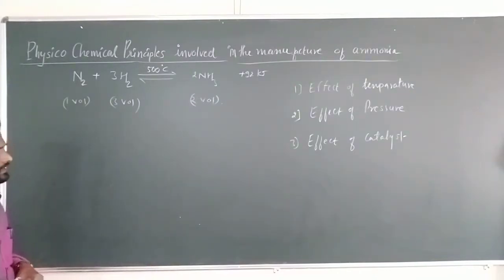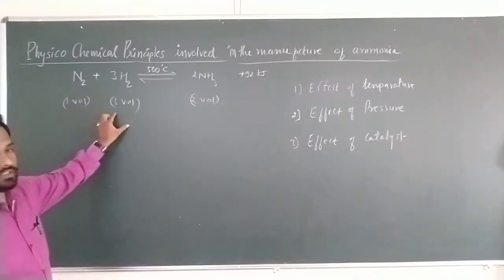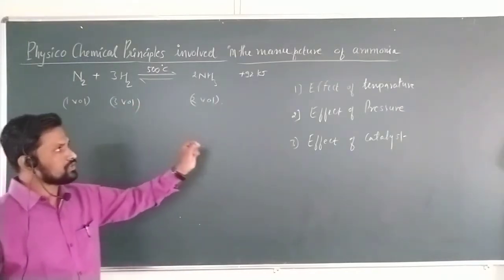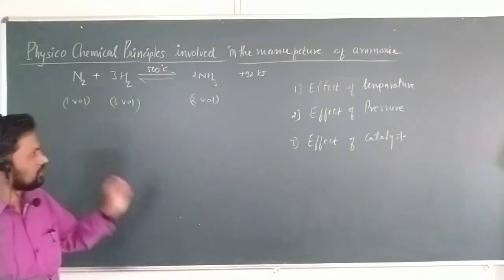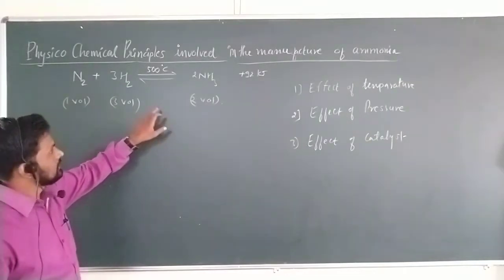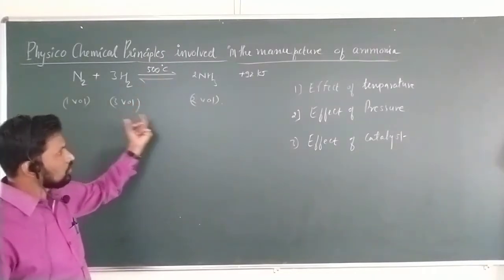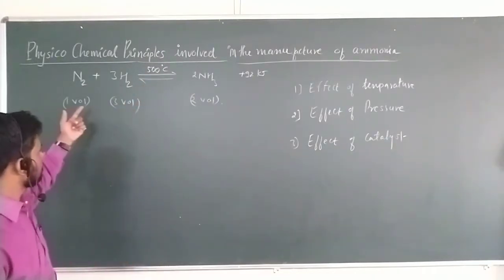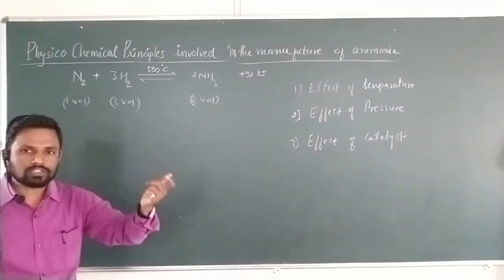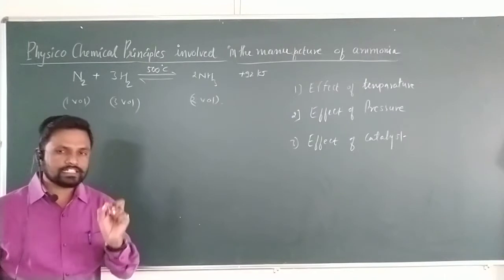Okay. Now, we can see the basic reaction we already studied, that is nitrogen and hydrogen both are reacted to form 2 volumes of ammonia with evolution of plus 92 kilojoules of heat. This is very important, which is an exothermic reaction. We have to understand very clearly, this reaction is an exothermic reaction. Still, the whole reaction is a reversible reaction. It means the forward reaction is exothermic and the backward reaction is endothermic, where the reaction is carried out at 500 degree Celsius temperature.